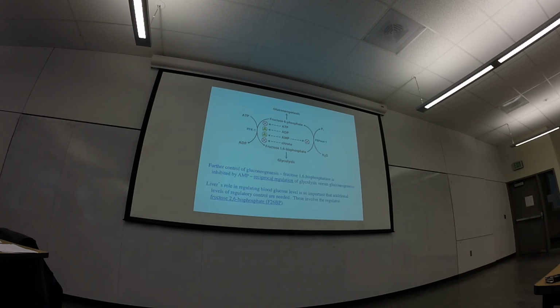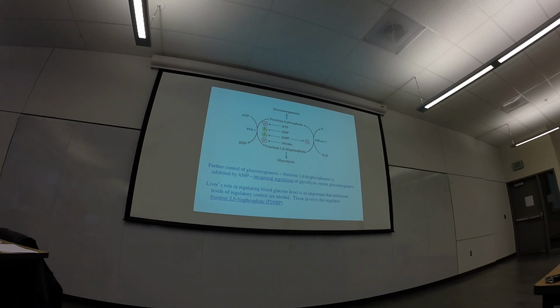So this map is showing you, for that step, the interconversion between F6P and F16BP, where you can be going in either direction in two pathways. You have dedicated enzymes. One of them is working at any given time, but both of them are not working. We talked about why. We just write down the two reactions and add them up. The sum of those two reactions is ATP goes to ADP plus phosphate plus heat. So that would be the futile cycle if they were both running at the same time.